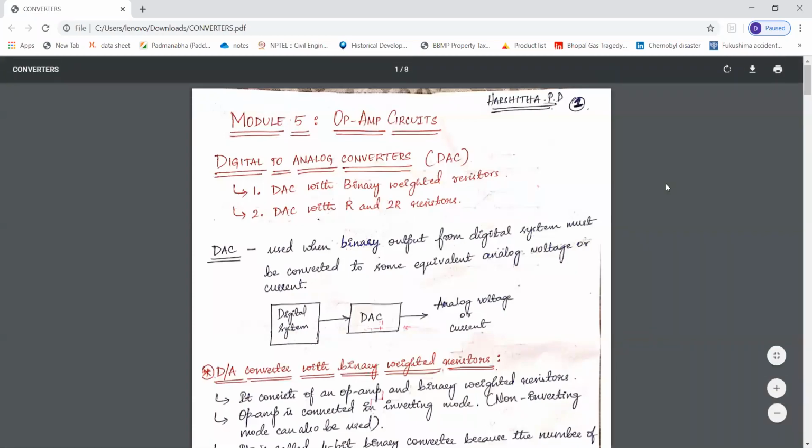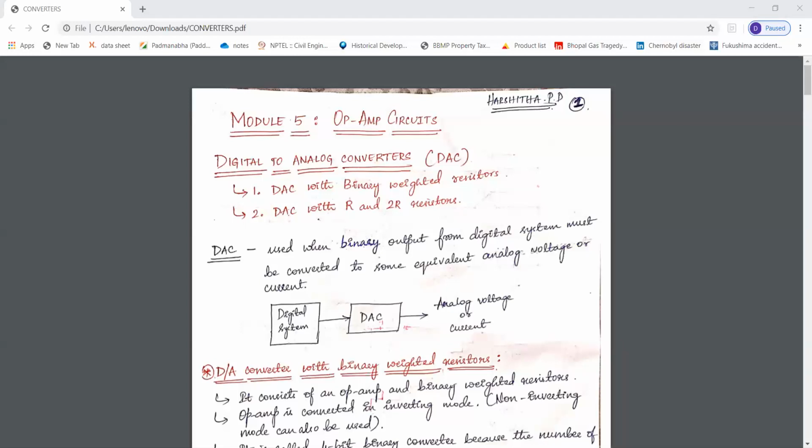So let's start off with module 5, named Opamp Circuits. In this module, we are studying digital to analog converters. In that we have two types, weighted resistor and R-2R ladder type. And in analog to digital converters, we have the successive approximation type to study, followed by small signal half wave